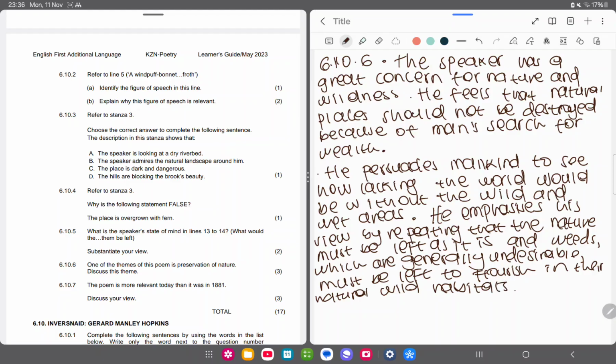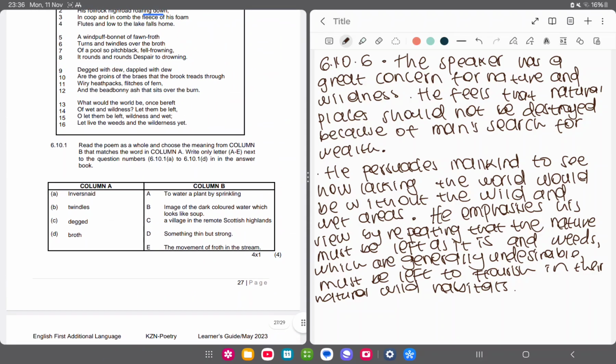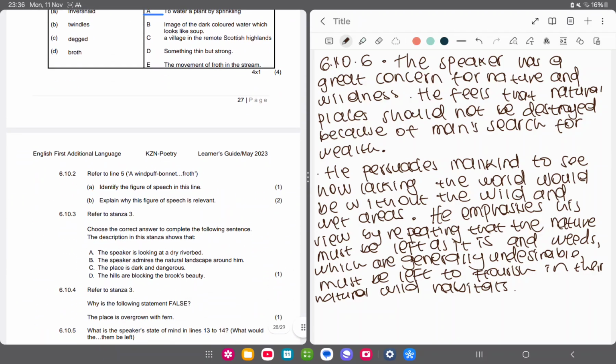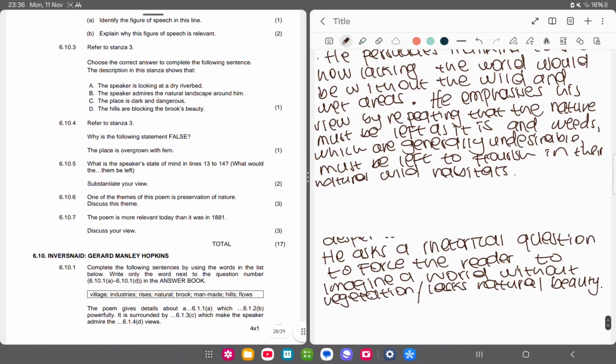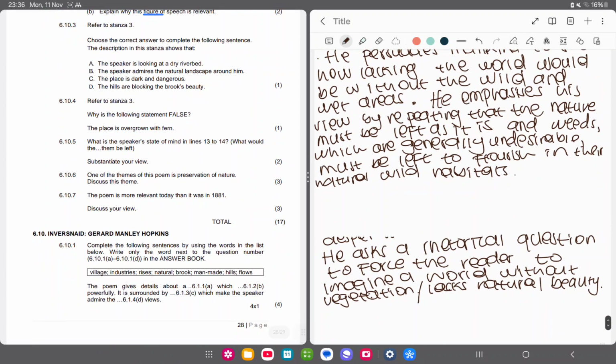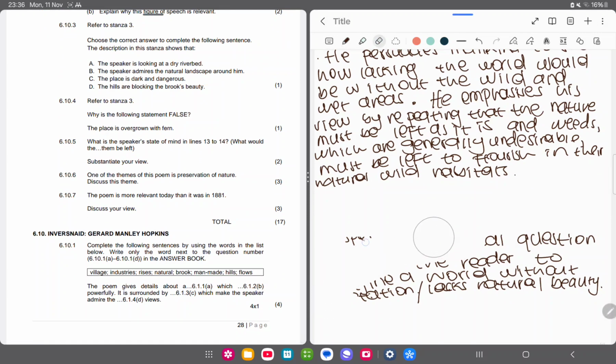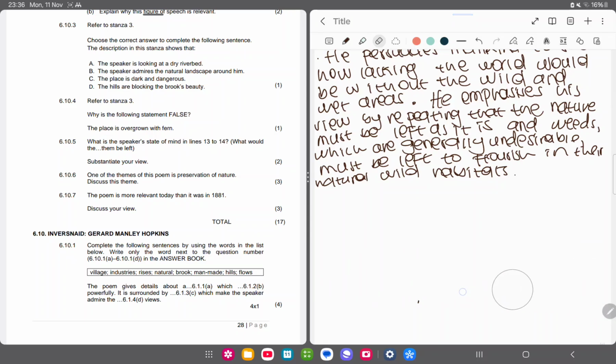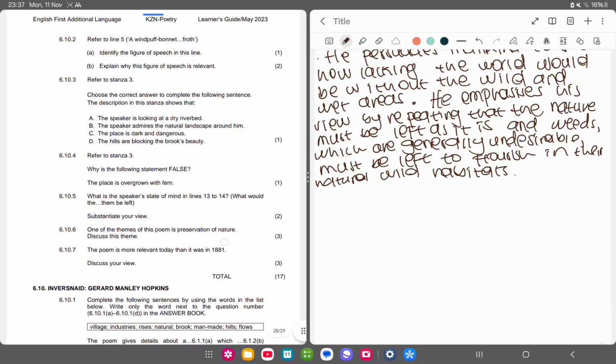We see this through the use of the rhetorical questions and his use of imagery, which just implies that he is trying to plead and ask us as human beings to preserve nature, because he believes that the world would not be a better place without the vegetation, without the water and the natural beauty. Okay, now we have